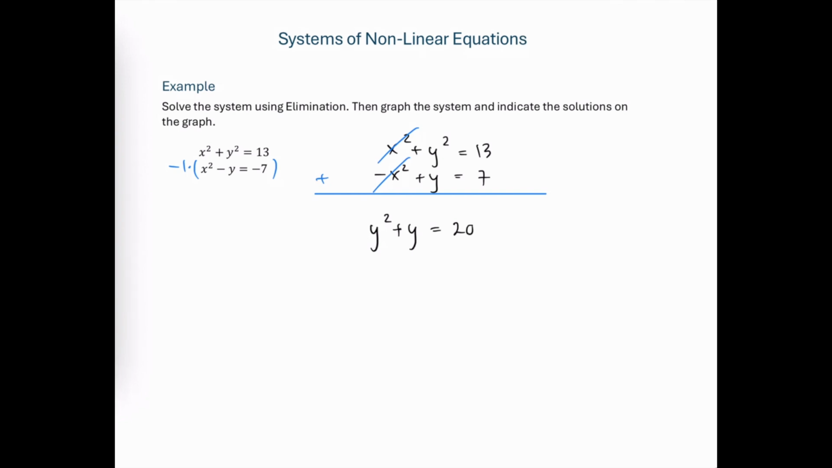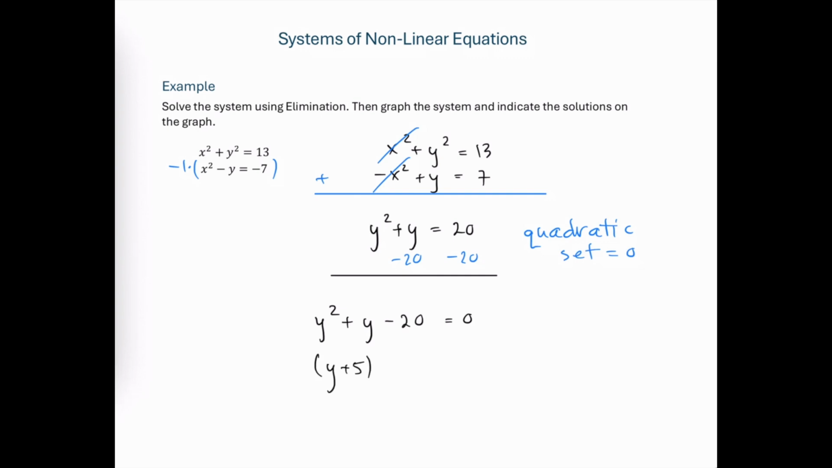So we've merged these two criteria now into one equation with only one variable, and this equation is quadratic. So we're going to set it equal to 0 to determine which of our quadratic methods we'll use to solve it. So let's subtract 20 from both sides to get y squared plus y minus 20 is equal to 0. And this does factor into y plus 5 times y minus 4 is equal to 0. So we set each of these factors equal to 0, and we get y is equal to -5 and y